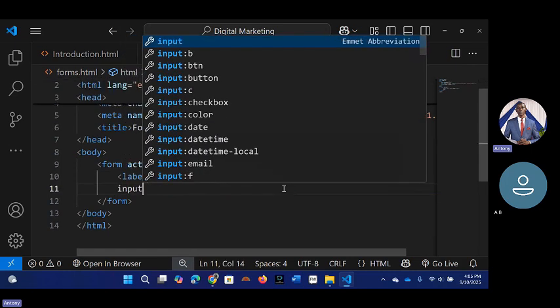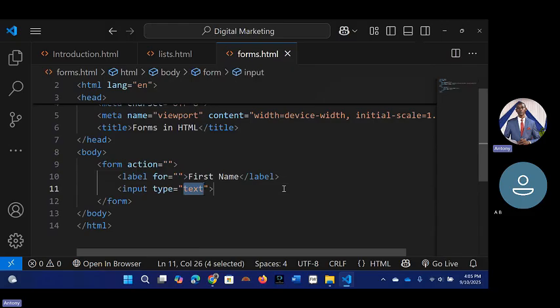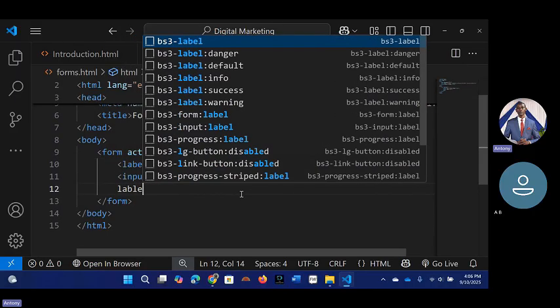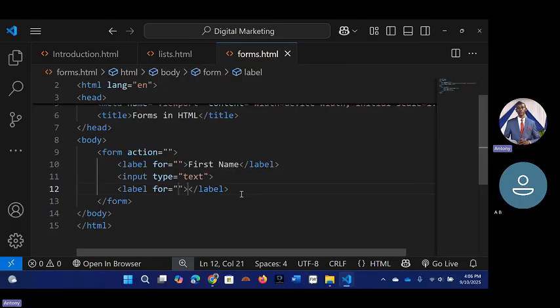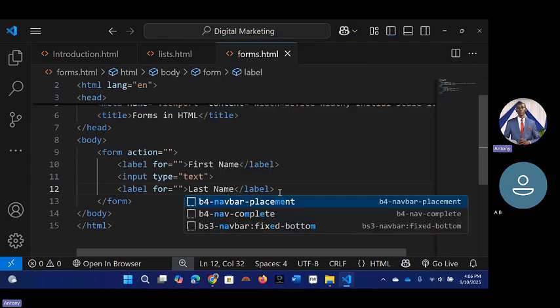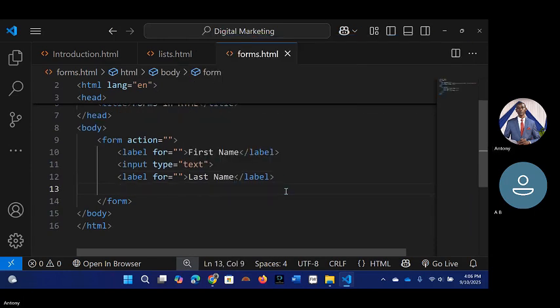And then for the input, just write input, then press enter. We will have input text because it is a name. Next, we want a label again. Move inside the greater than and less than signs, and then we will have a label called last name. We want to enter the last name of this person. Because it is a name, in the results we want the name. So it will be input text. Then we are finished with the names.